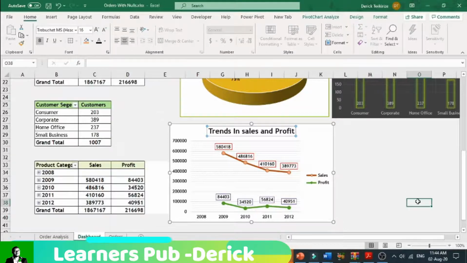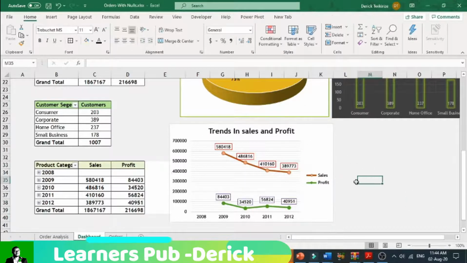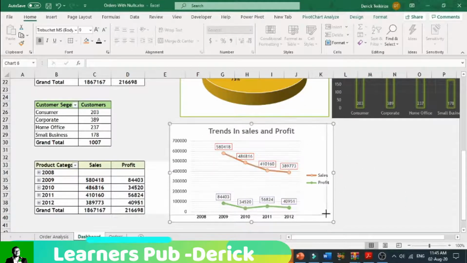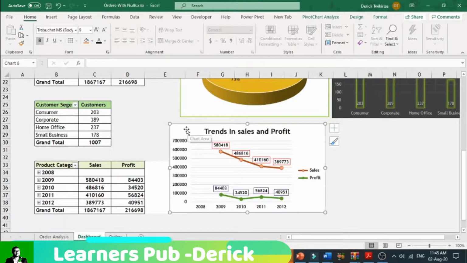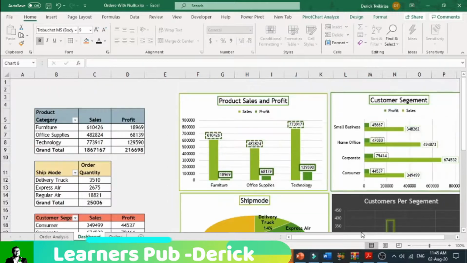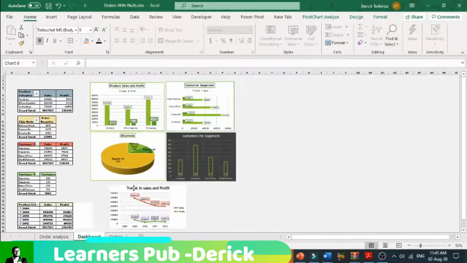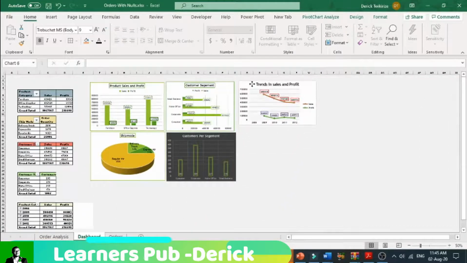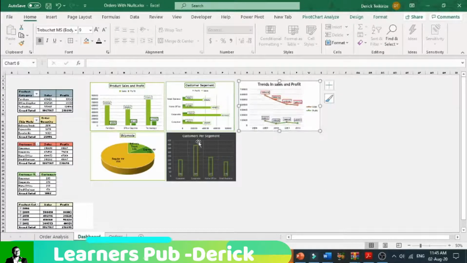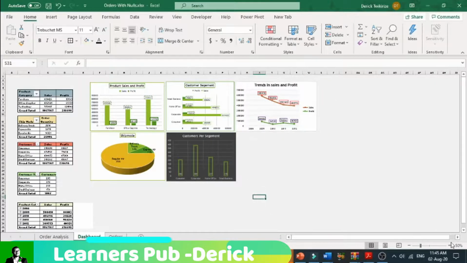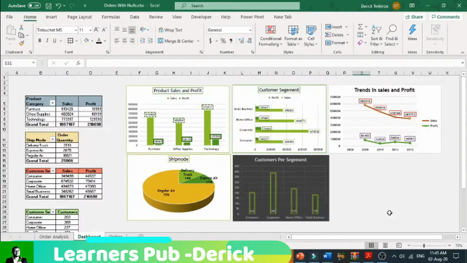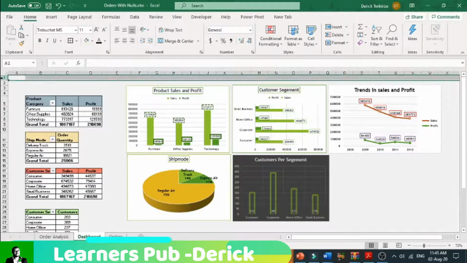We can reduce this, so we can make these graphs as small as we want. You can reduce them and make a lot of graphs. I'm telling you, you can make a lot of graphs. Excel is too big. These graphs are just a bunch of small things. So as you can see, that's where we are in terms of our dashboard, and at this point we can